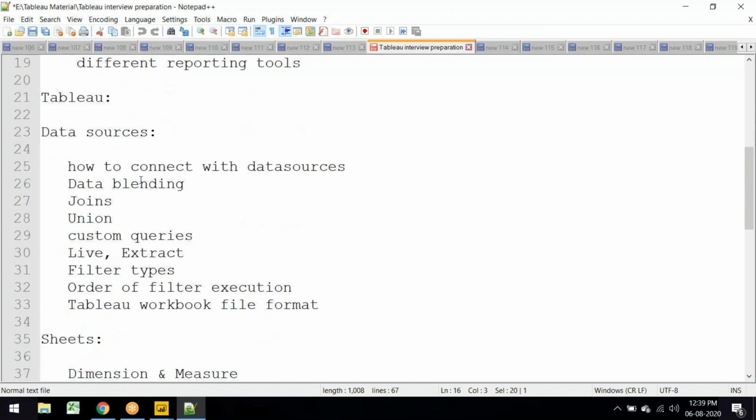And Tableau side. So whenever we are going for data sources, how to connect with the different data sources. That is called multiple data sources. This is applicable for Power BI as well. Okay, this is same applicable for Power BI as well. How to connect with the different data sources like heterogeneous source systems. Data blending is nothing but join between heterogeneous source systems, joins, unions, some custom queries. People write custom queries on the data source, right? Live and extract,